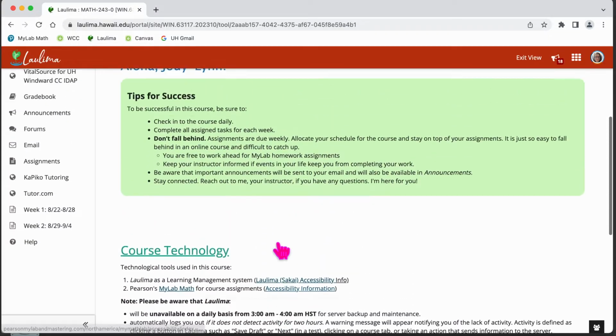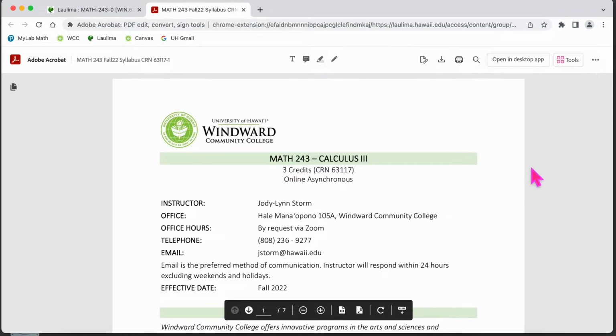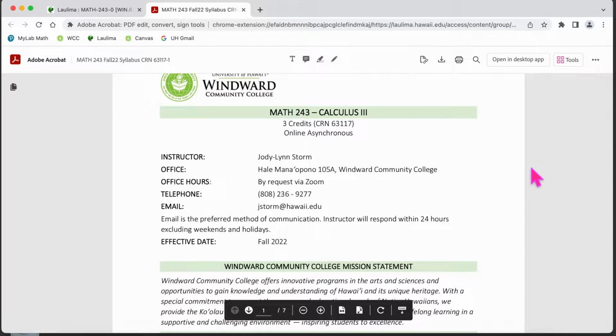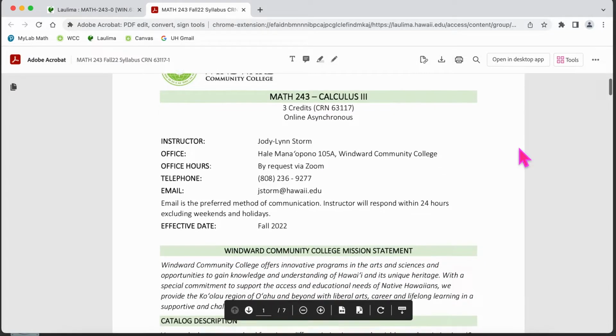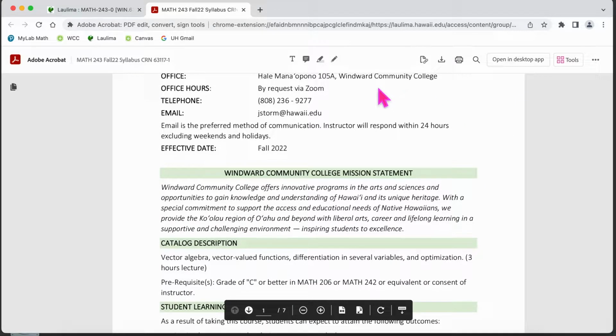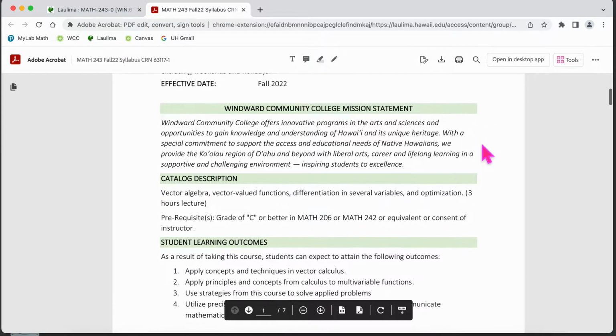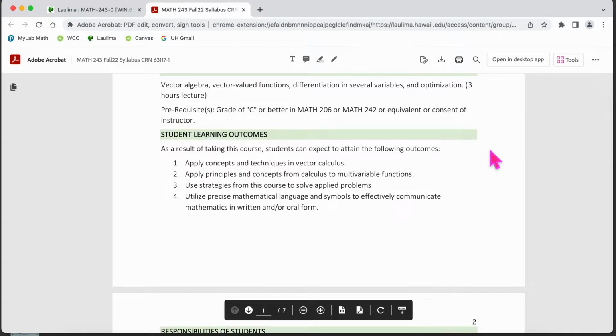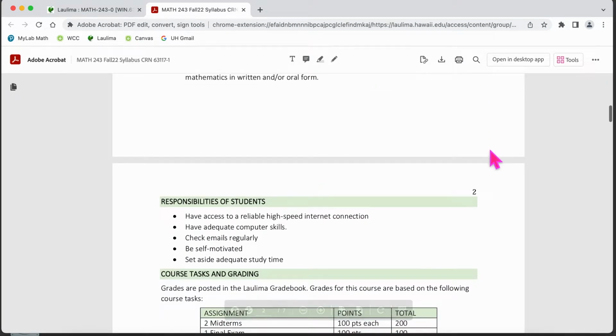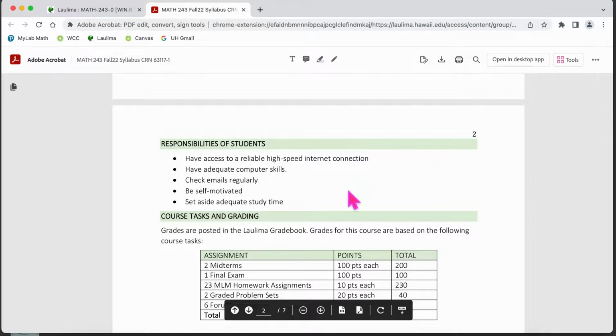So let's go to the syllabus, and we're not going to read through the whole syllabus. You can use that. I just updated the syllabus. There was some contact information that changed with our disabilities counselor and some of our Title IX advocates. So this is an updated syllabus. The first part is the contact information that you saw on the home page or the welcome page. Got our WCC mission statement, catalog description, student learning outcomes, things that you're supposed to learn, the responsibilities of the students, and this is what was in that green box in the Start Here page, pretty much.